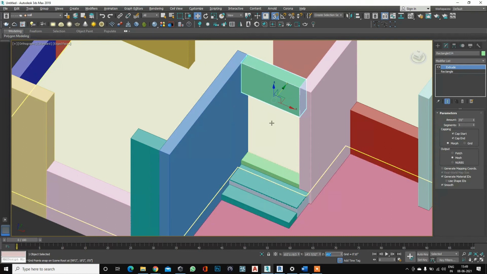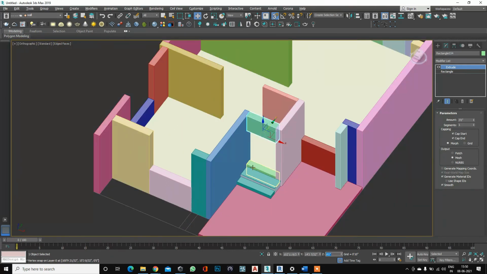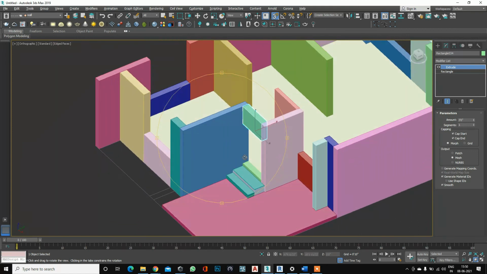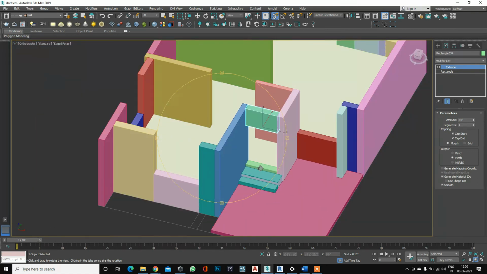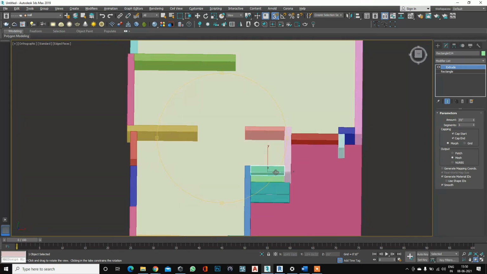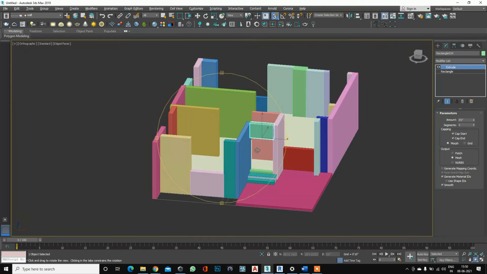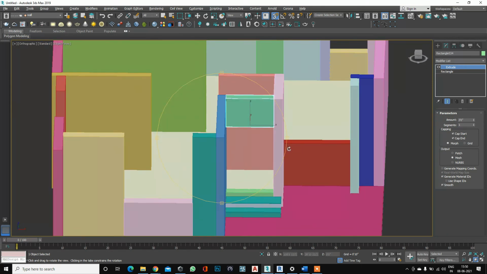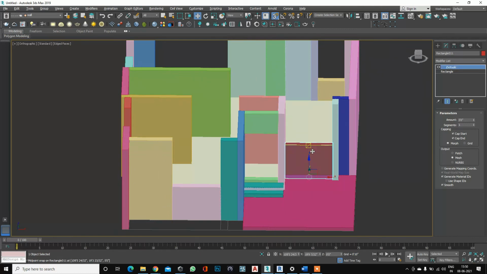You can see, this is how our door opening is created. All the structural part is created. Now just the door remains. That's how we can create all the window openings too. Wait, I will quickly create this. 3 feet.